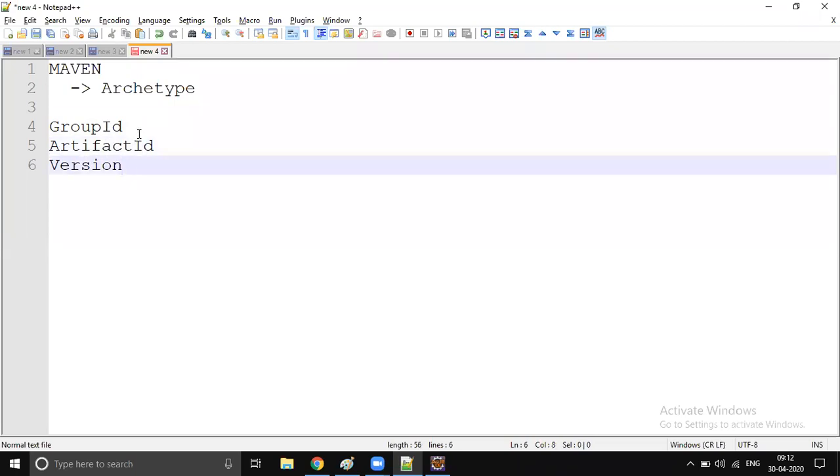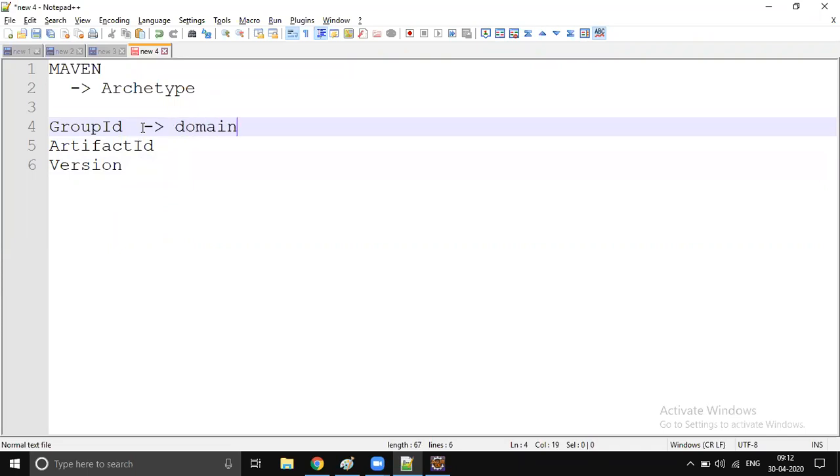Group ID is nothing but your domain name, your company domain plus subdomain. The best example is the Spring people. What is their group ID? org.springframework.